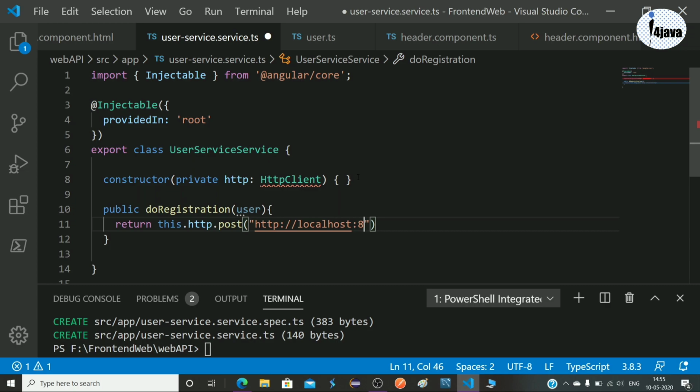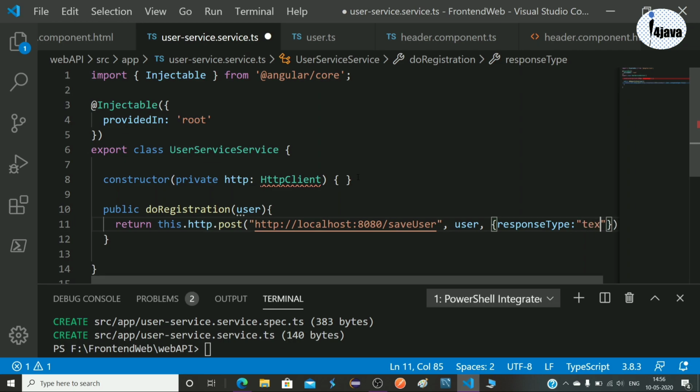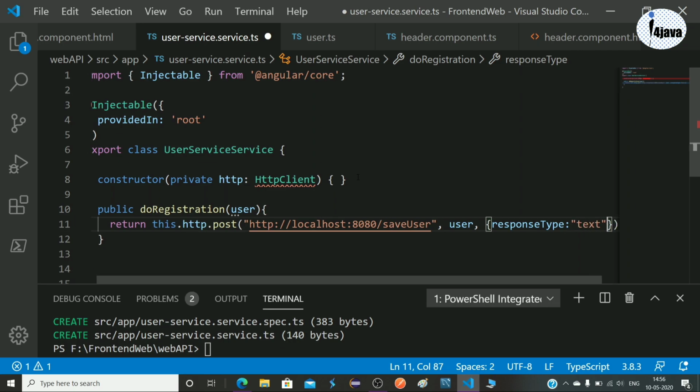We have to return here the address of our API. Then we will hit this URL. Here we have to mention what data we have to send, so user, and we have to write the response type also. For that, response type as JSON, text as JSON.